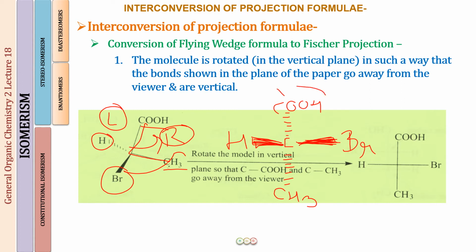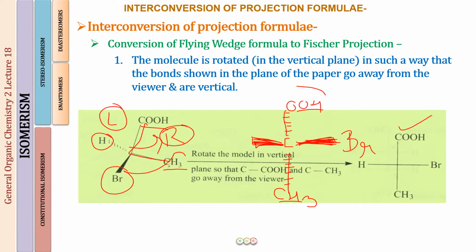And after we have made this, we just flatten out the molecule so that this becomes a two-dimensional representation. A flying wedge is a three-dimensional representation. A Fischer is a two-dimensional representation. So if you flatten out the whole molecule on paper, all those things which were coming forward and going back are going to lie on the surface of the plane of paper. Okay, so they lie on paper now, and what you will be getting is a Fischer projection. So what have we done? Just drawn simple lines for these forward going groups and backward going groups. Okay, so this is how we have a Fischer projection.